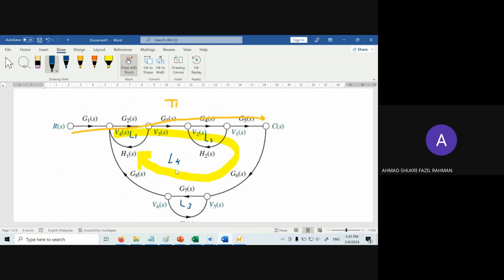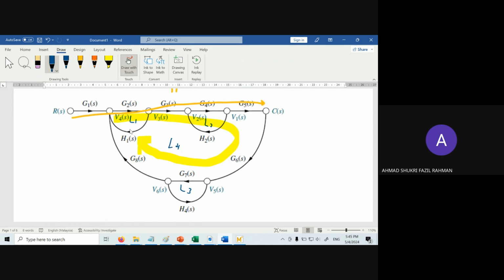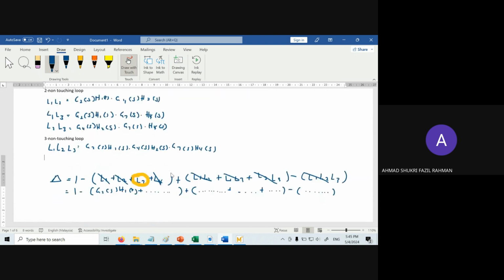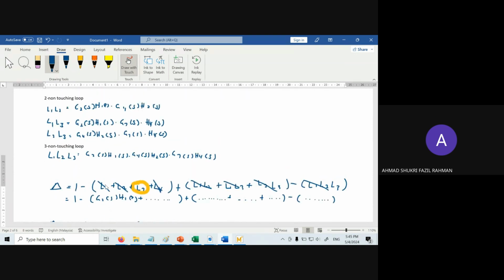Kalau mula dengan single, these are the step you start with a single loop. And then you move on to the two non-touching loop. And then you move on to the three non-touching loop, 4 non-touching loop, 5 non-touching loop. Provided that they all exist. Okay. Lakukan buat L1 dulu, single loop dulu. Kalau ada, kemudian kalau dah siap, pergi ke 2 non-touching loop. Kalau dah habis, cari pula 3 non-touching loop. Bila dah sampai semua ni, baru kita nak kena isi ni.